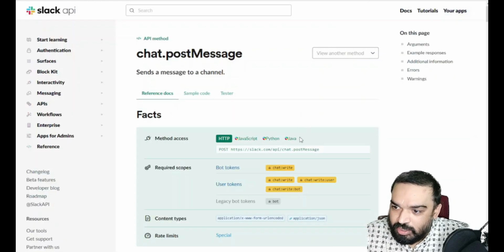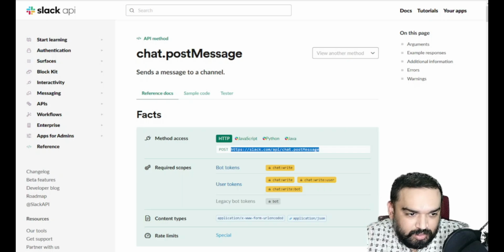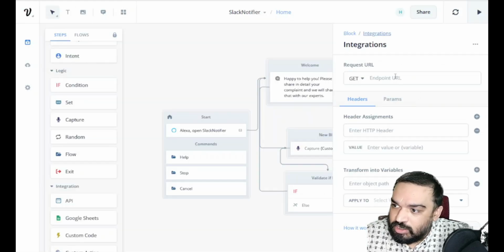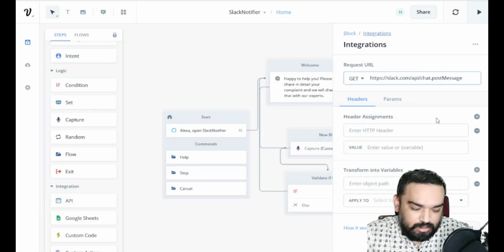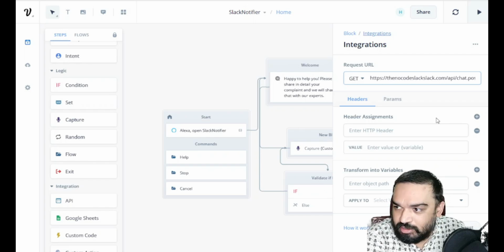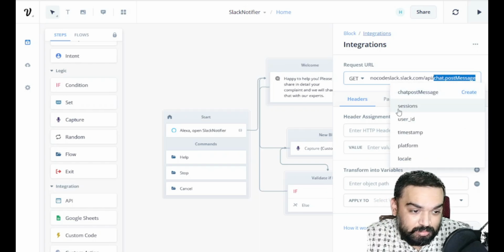So the API URL is going to be from here, right? Just copy this first. I'll explain where to put the key and all. Once you copy that, just make sure you change the URL to the Slack account. In my case, it is the no code slack.slack.com/API. The rest of the URL remains the same.